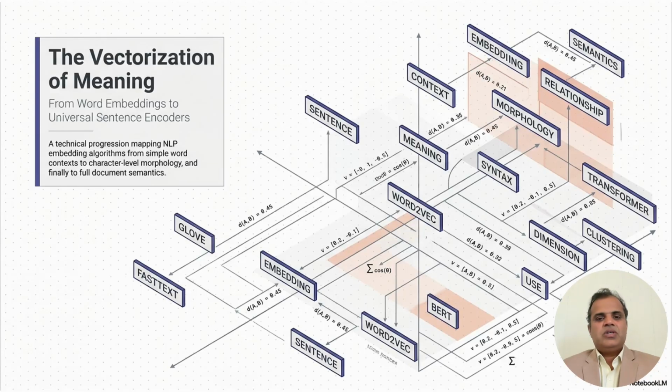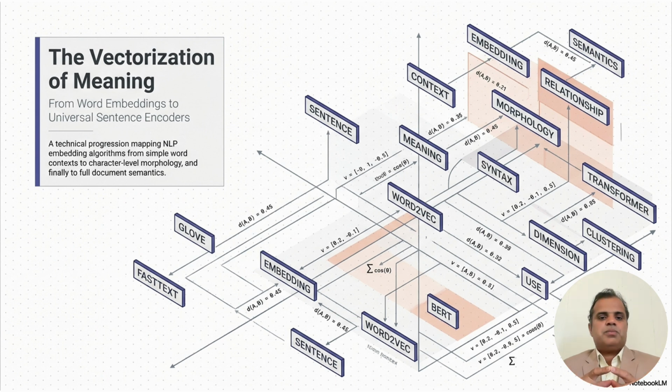Welcome back. Today we will cover chapter 5 and chapter 6. In our previous session, we focused on counting how many times words occur in text through the bag of words and TF-IDF approach. While effective, those methods are purely syntactical. They ignore the neighborhood of a word, which is where the true meaning resides. As the linguist John Rupert Firth famously said, a word is known by the company it keeps.